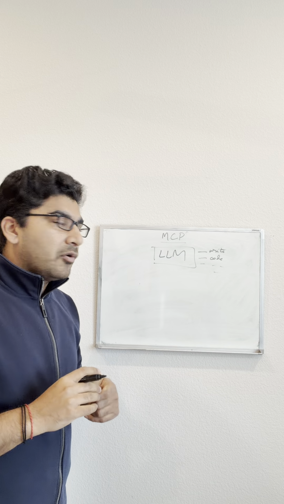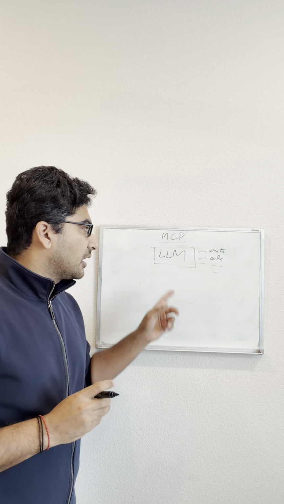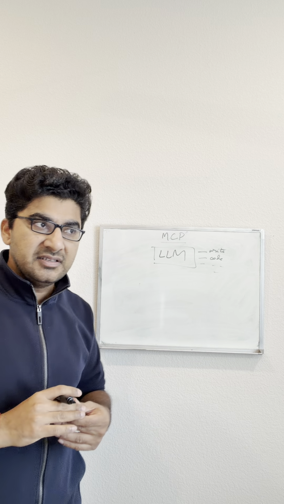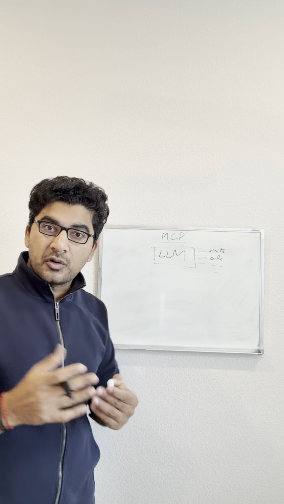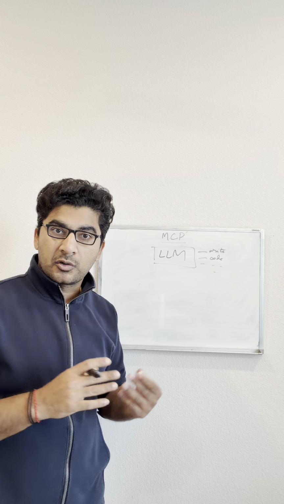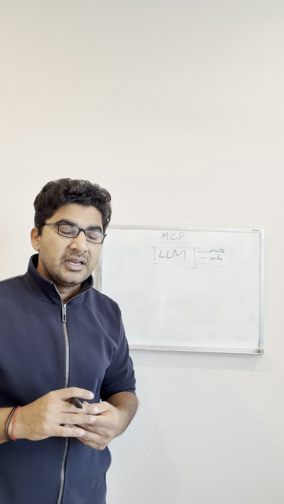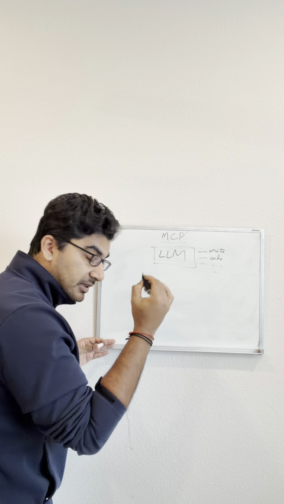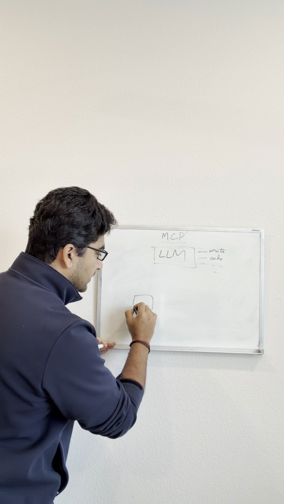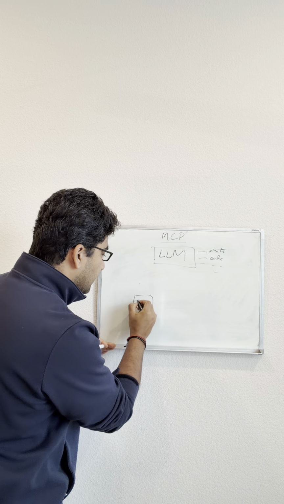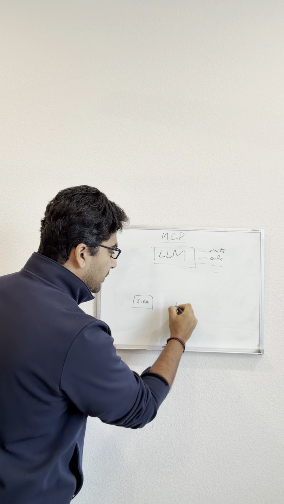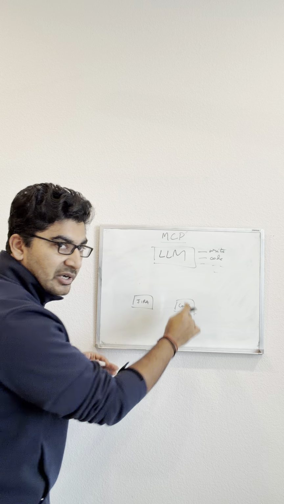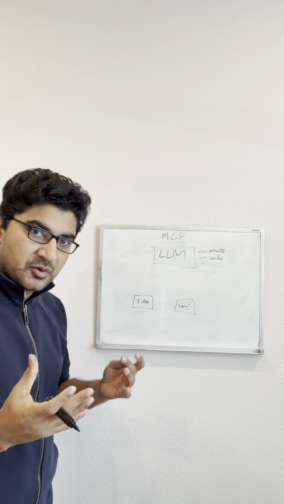But what if we want to scale it? What if we want LLM to work with different tools that we have in place? Example, in the real world use case, you want LLM to talk to your own Jira, or you want LLM to talk to your own Confluence that you've set up. That requires separate bridges to build. If you need that kind of application or that kind of use case to work, then you will have to work with separate individual tools where LLM needs to individually build bridges, which is very tough to scale, right?